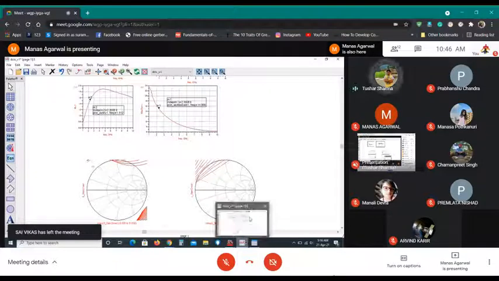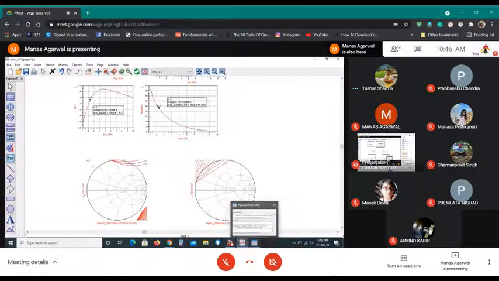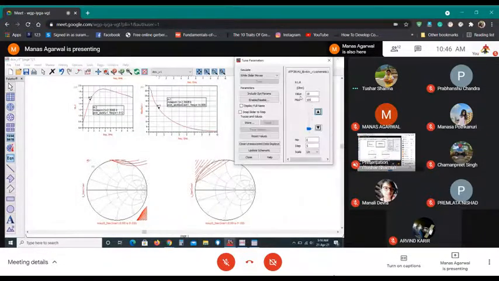So now go and tune it. So you see, keep increasing. So if you increase, your gain decreases. Increase more. So although you are stable now, but your gain is very poor. You were expecting 18 dB, but you are getting only 11 dB. So you go down back. Keep going down.